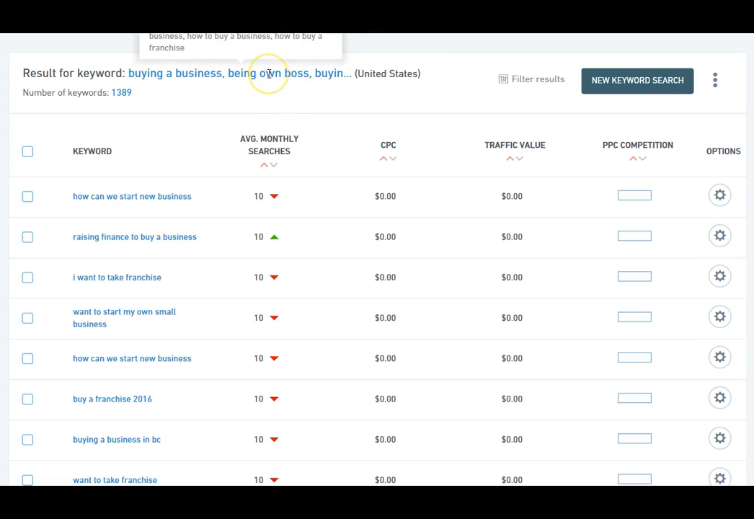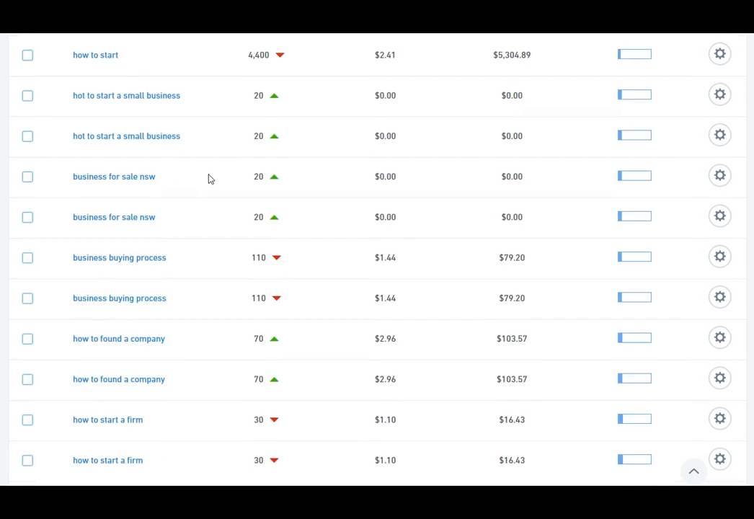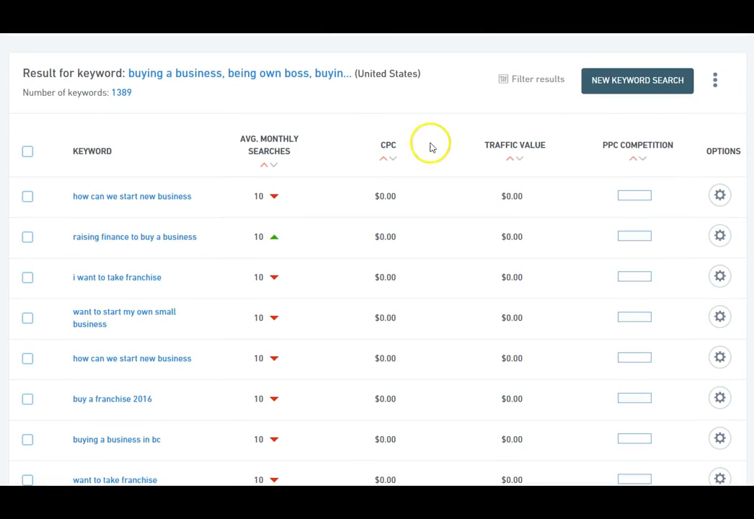On here, I looked up some keywords: buying a business, being own boss, buying a franchise, start a business, how to start a business, how to buy a business, and how to buy a franchise. And this also came up with other keywords that you can actually use. Now some of these, see, it says PPC competition is your pay-per-click competition. This means it's low, but that doesn't mean that difficulty on the keyword is low. That just means that there's not a lot of traffic value for that keyword for these. So you see on here, average monthly searches is about 10